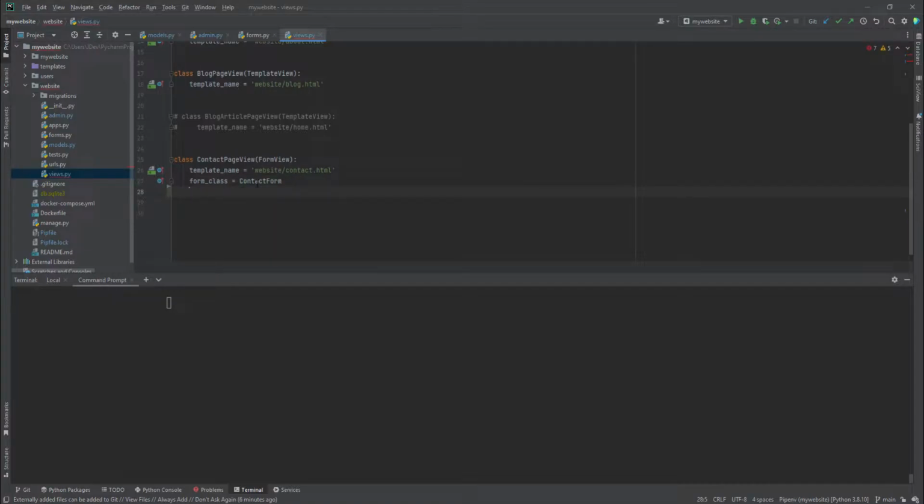And then we'll have something that we call the success URL. So when we submit the form and we send our email successfully, we need to add the success URL, where we tell Django which page we are going to. So for now, I'm going to just put it to navigate into the home page,